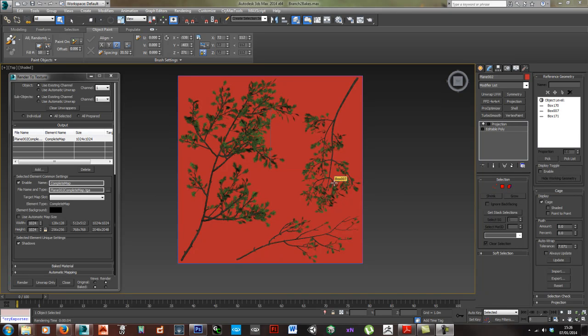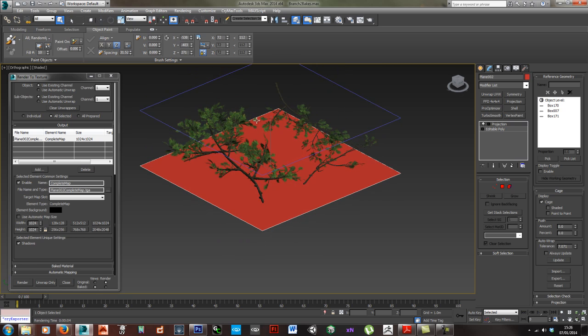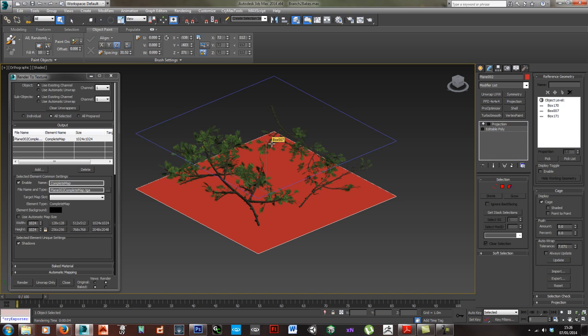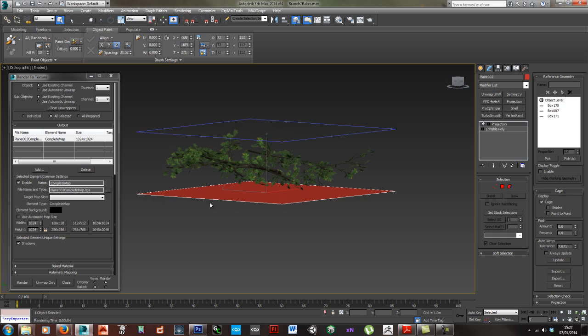Okay, so here we go with part 3 of these videos on making trees. What I want to do first of all in this video is the way that I'm going to bake this texture is a little bit weird, and the reason for that, well, I just want to show you the reason for that now. What I've done is I've just set this up quickly in the way that we would normally